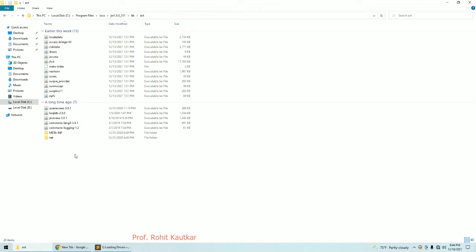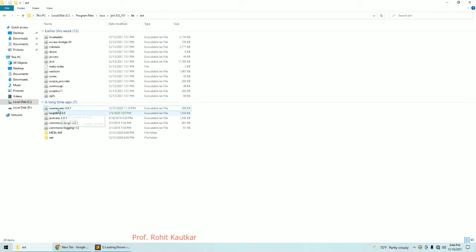Now you can see here already I have copied these files. Okay, you can see these are the 5 jar files you have to place at this location. Now friends, for example, you are connecting your Java program to MySQL, then the driver file of MySQL you will try to place at this location.